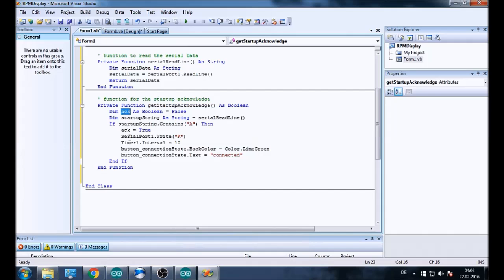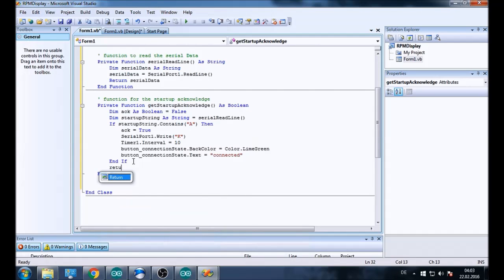So we have the acknowledge value right here, and it's always false. Oh, we forgot something. We have to return the acknowledge value, so it's always false, and we return false, and we also read each line that comes in with serial read line. And if we get a string that contains A, which is pretty much a string that's only A, because I'm sending from my Arduino, as soon as the Arduino is powered up, I am sending A, one after another,